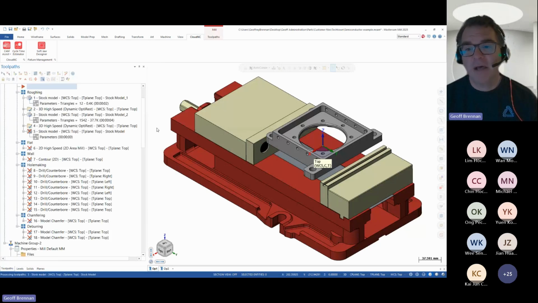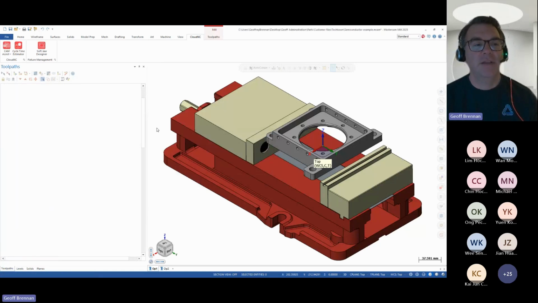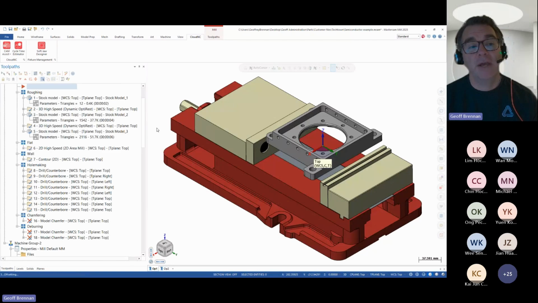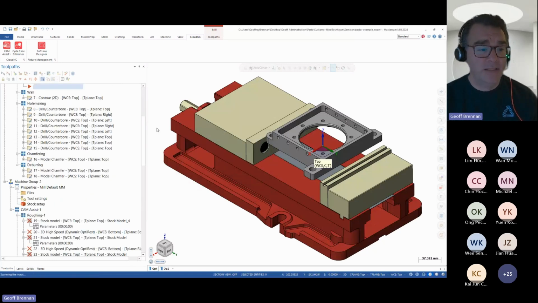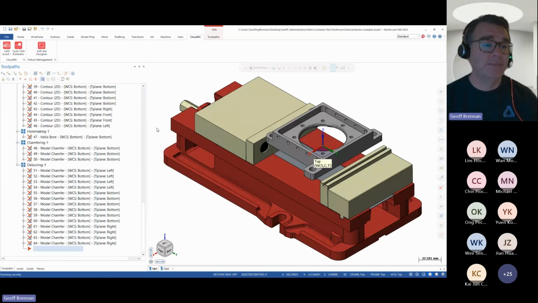So now CloudNC is essentially finished. And what we're going to be doing is taking the calculated CAM program, and we're using the backplot time from each toolpath to generate a report, which can then be used for your estimation or internal planning.